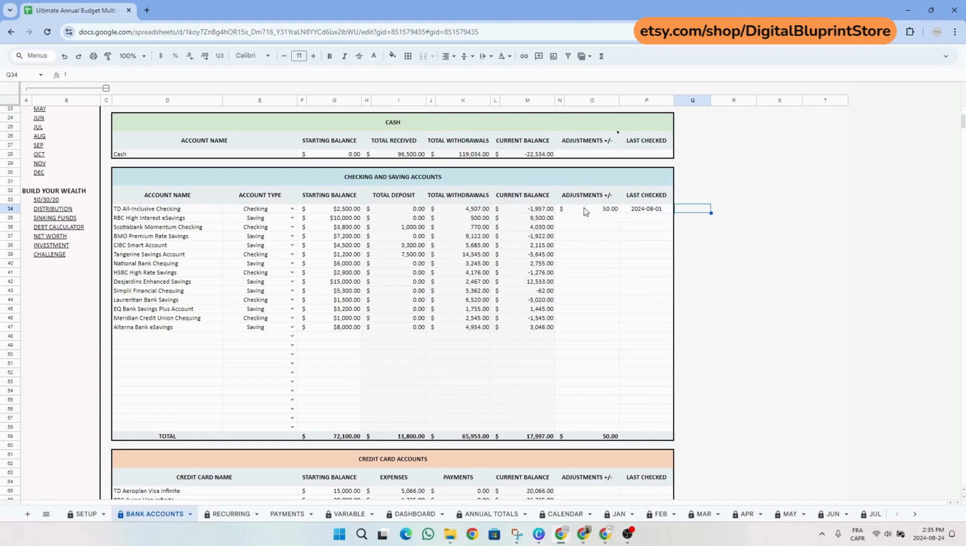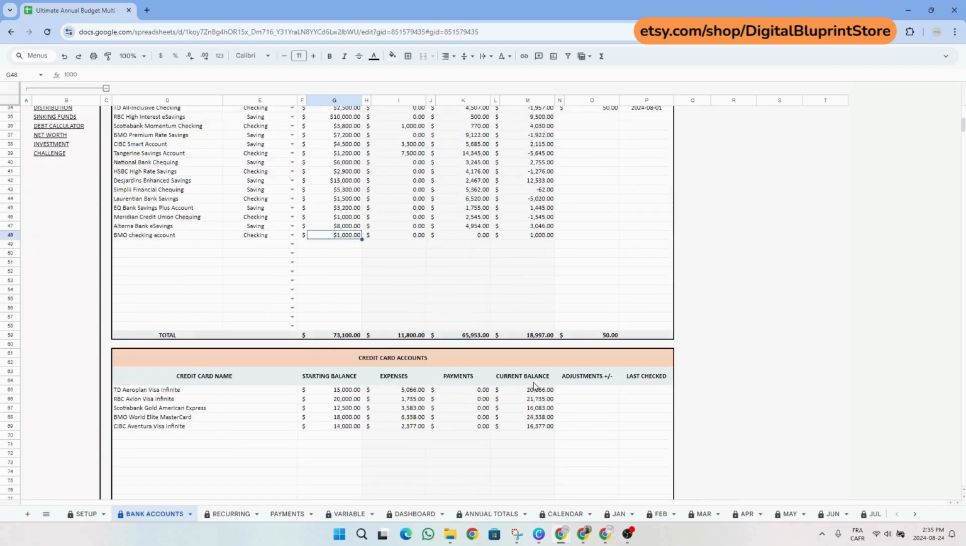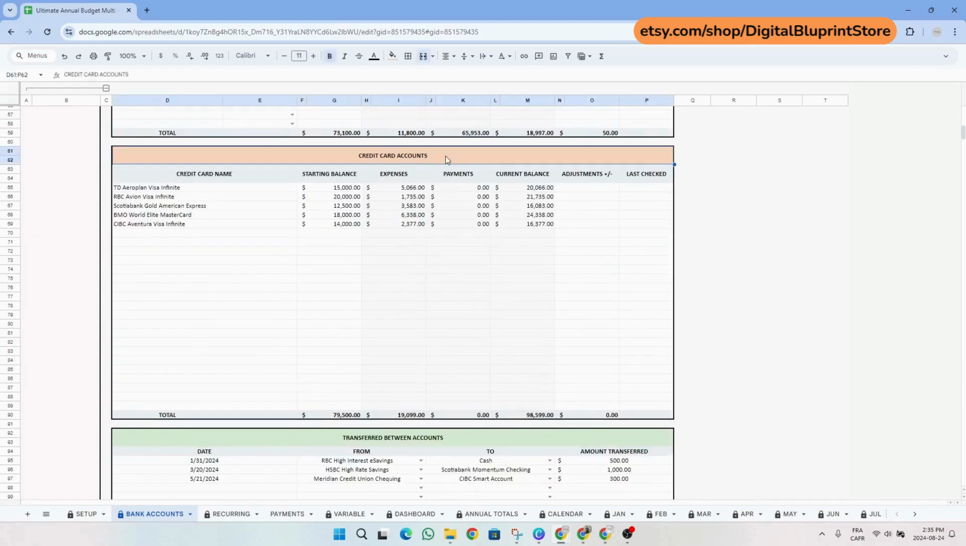So let's take an example together and add an account name. So let's say BMO checking account. So simply type it in, then use the drop-down menu to select the type of account. In this situation, it's a checking, and then let's say the starting balance is $1,000. Then you can do the exact same thing for your credit cards, except that there is no account type. The initial balance is the balance of your credit card at the beginning of the year or when you start